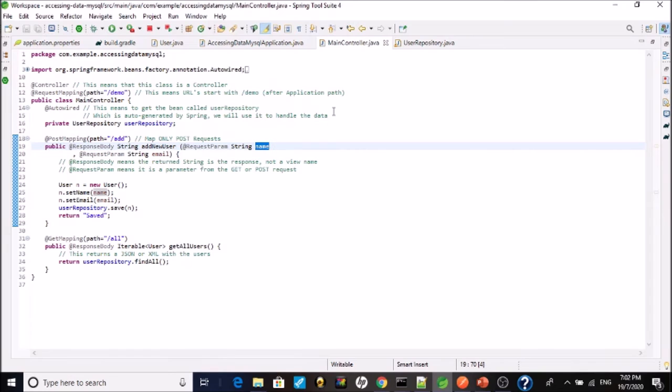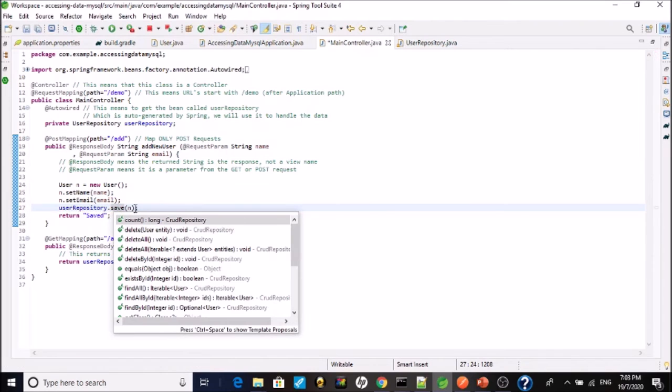Then moving on to the main controller. In our demo, we have one post method and one get method. We will see the post method here. The post method will have two parameters, the name and email, as our table has name and email columns. This object is filled with the name and email, and using our repository we are saving that object.